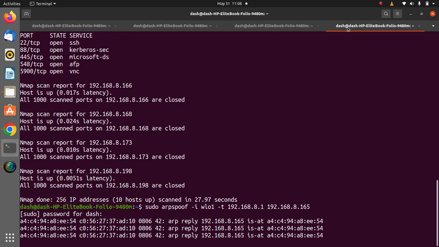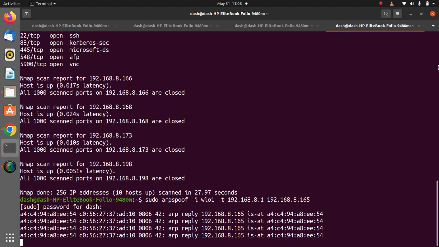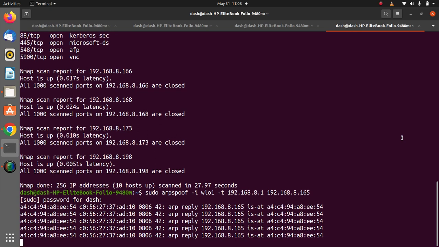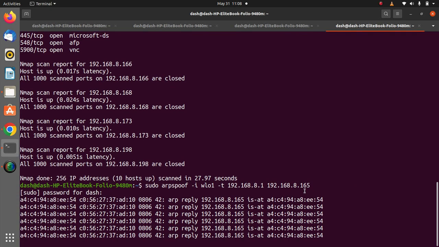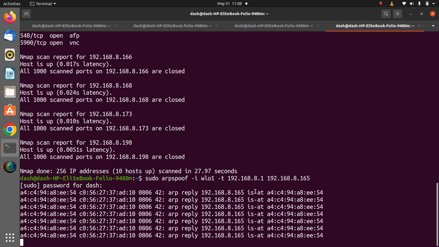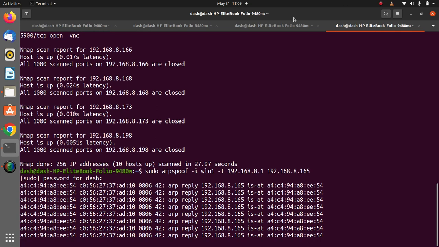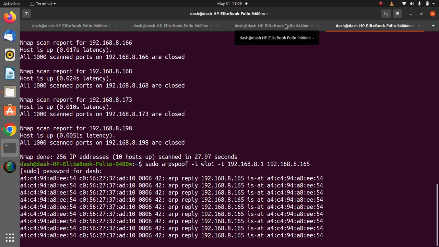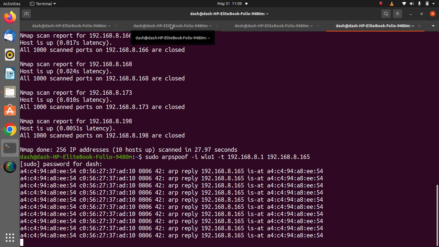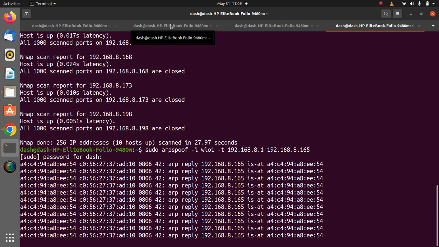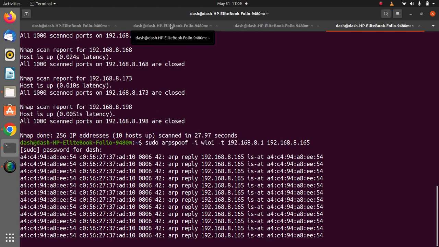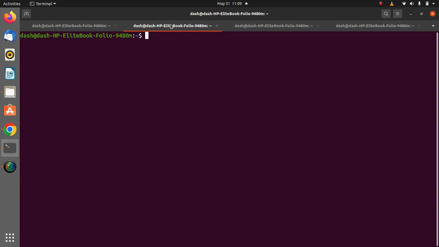So each time the system makes a request to the gateway, it passes through me, and in that case I will be able to intercept whatever. But usually systems are built to drop any packet that doesn't belong to it,